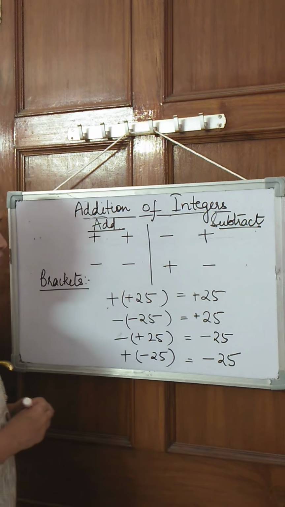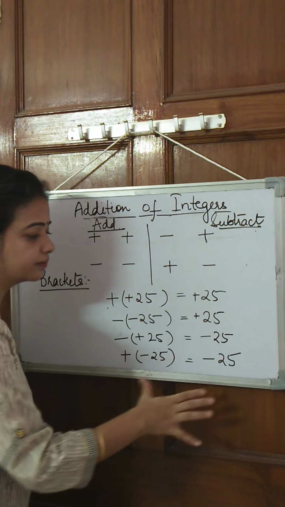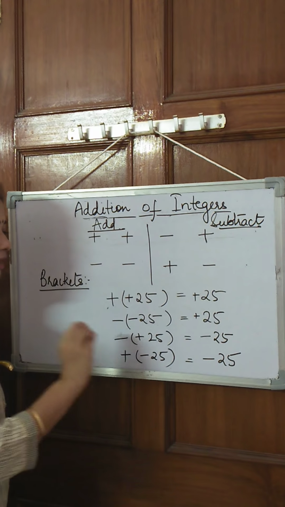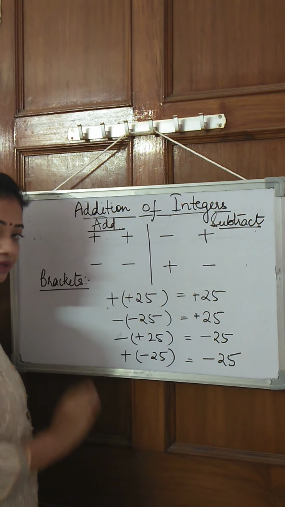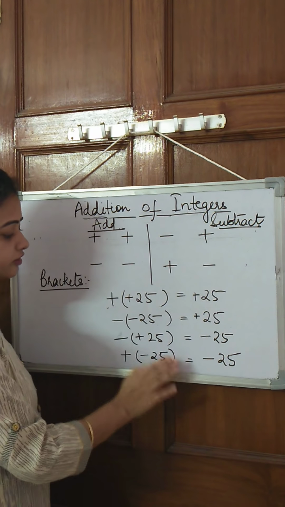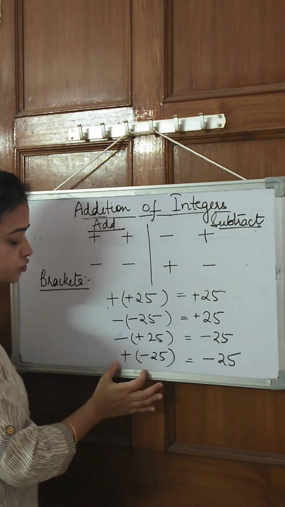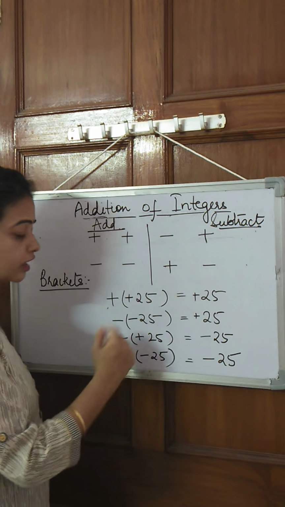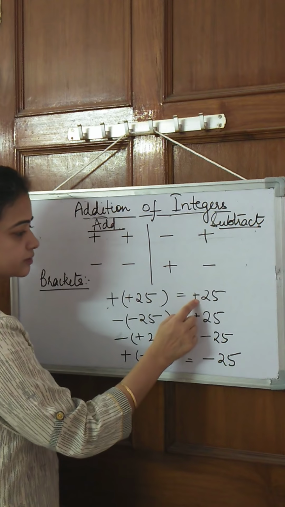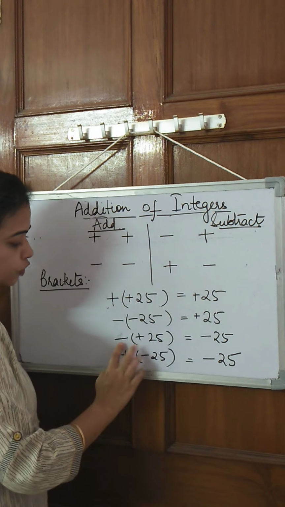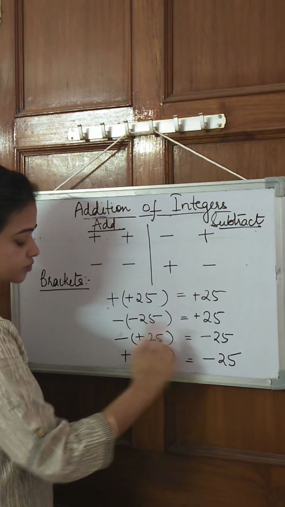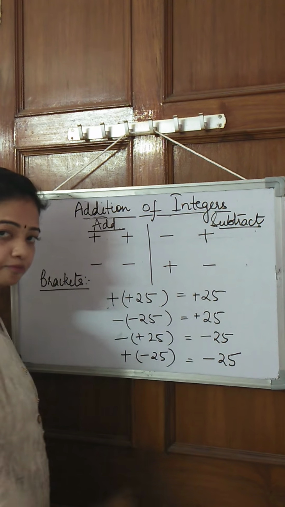Okay. So what we have done here, we have solved the brackets here. If any numbers are there that have brackets and that have sign outside the bracket, then you cannot solve them further till the time you don't reduce these two signs into a single sign. And how you reduce? Plus plus is plus, minus minus is plus, same sign is plus, opposite sign minus plus is minus, plus minus is minus.